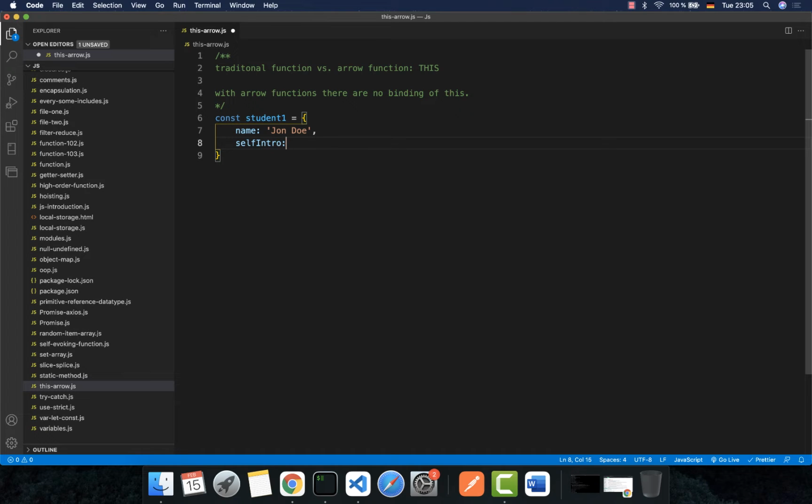self-intro, and this one is an arrow function, and I will console.log. I will use a backtick here. Hi, my name is this.name,